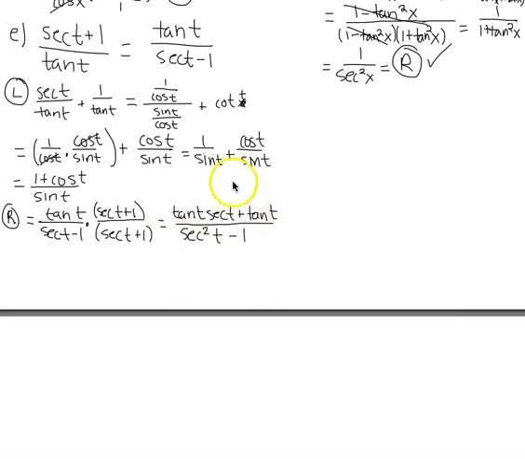And so then, continuing to simplify, on the top, I'm going to rewrite this in terms of sine and cosine. So tangent is sine t over cosine t. Secant is 1 over cosine t plus sine t over cosine t